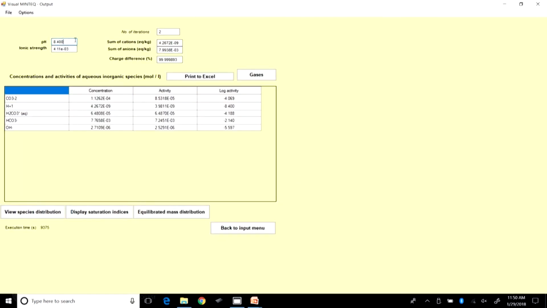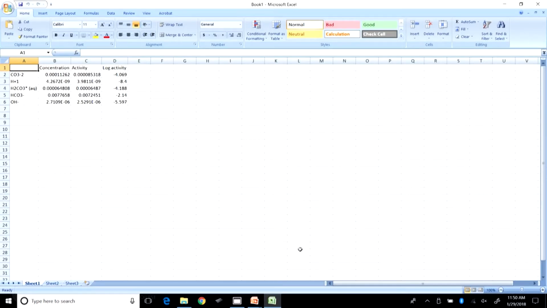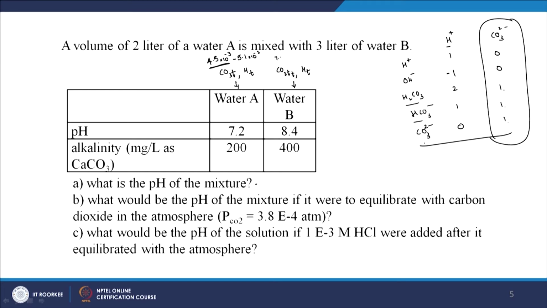and now again we see that the pH is fixed, that is why the pH does not change, and we have again the relevant species. So, again we need to repeat the same exercise as earlier. We need to go to print to Excel, and I am doing that here, right. So, first we are going to calculate the CO3 total. So, that is going to be equal to CO3 2 minus plus HCO3 minus plus H2CO3 and enter, and we are now having something like 7.9 into 10 power minus 3. So, let us just write that down first. So, it is 7.9 into 10 power minus 3, that is the CO3 total of the second solution,